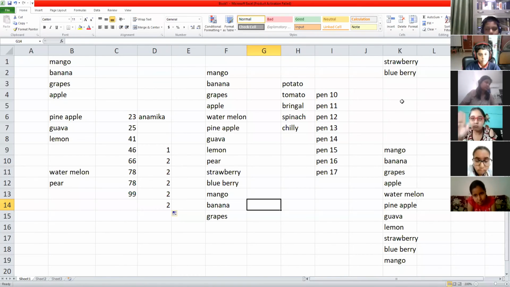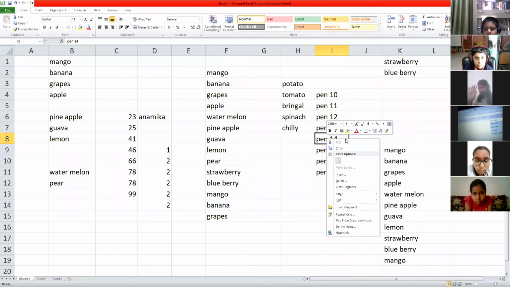Yes, Varuna? Ma'am, why does this option come? Miss, why, when we are dragging, is this option coming? Because the version which you people are using is the old one. Earlier, this option was shown. A kind of shortcut menu was there. Whenever we are selecting any cell and clicking on this, you can see a shortcut menu now. Yes, the same kind of thing is there. Understood?